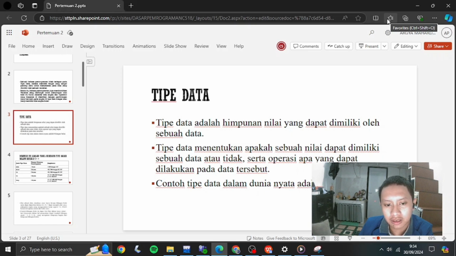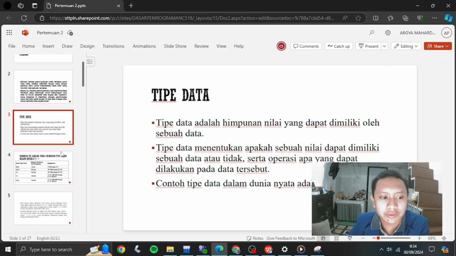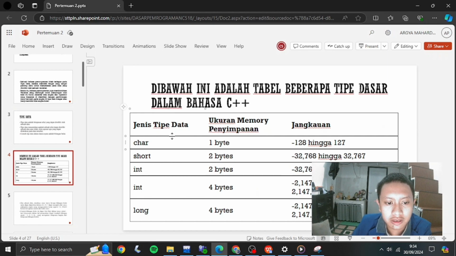Data type is a base of the C++ language that gives one or more data an identification, like one data could be a number, alphabet, symbol, and so on. It depends on what function you use. For a function, there is char, short, integer, and long, depending on the memory used. For example, a char only uses 1 byte.